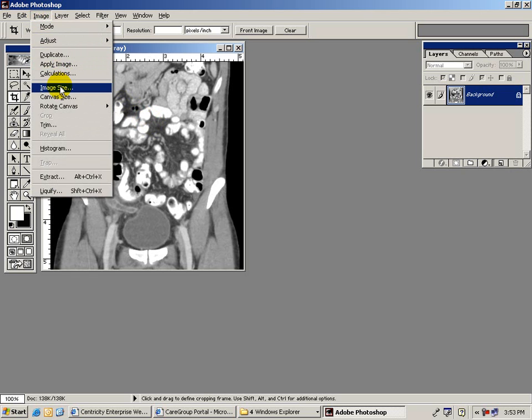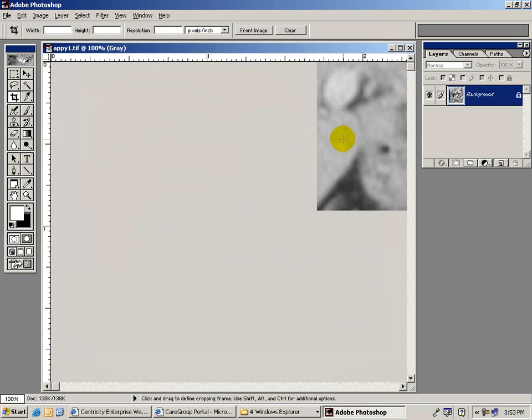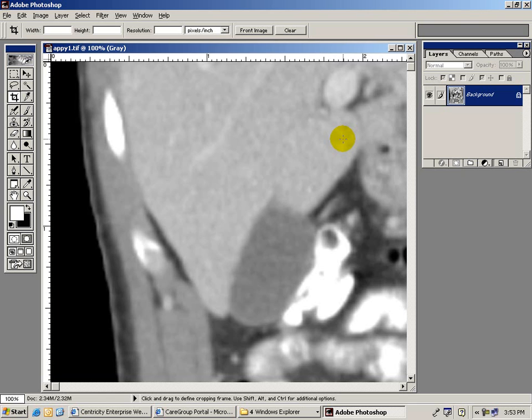So you get to your image size here, and what you can see is that we've got a width of about 5 inches, which is just fine, but our resolution is only 72 pixels per inch, and we need to make it 300. So you save it as 300. Notice that I've checked off here Constrain Proportions and Resample Image by Cubic. Very important that we have 300 pixels per inch. We say OK. Now this is going to make the file much, much larger.